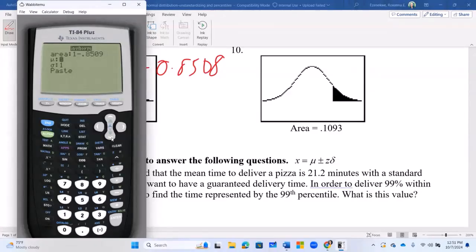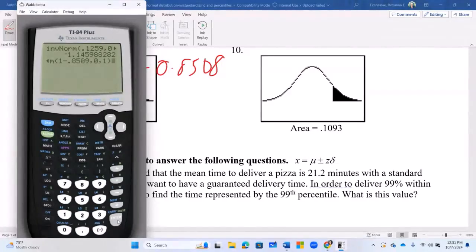Now the mean is 0, standard deviation is 1, everything is the same. When I hit enter, that's what I asked my calculator. So I'm going to find that z-score. That z-score should be negative